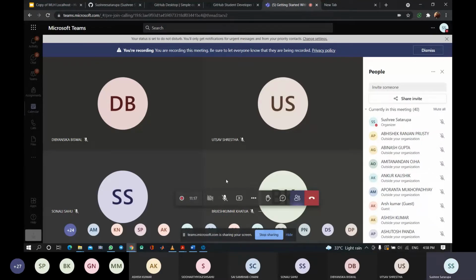One more thing, everyone should use their laptop for the session because you have to do many tasks in the session, like creating a repo, forking it, creating a pull request, etc. So everyone join with your laptops. Or if you are using your phone for the session, then open the laptop and do the practical side by side.